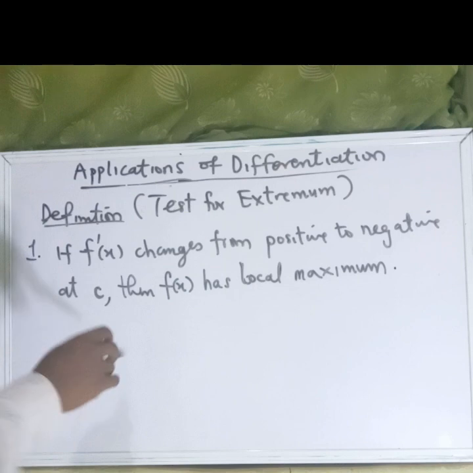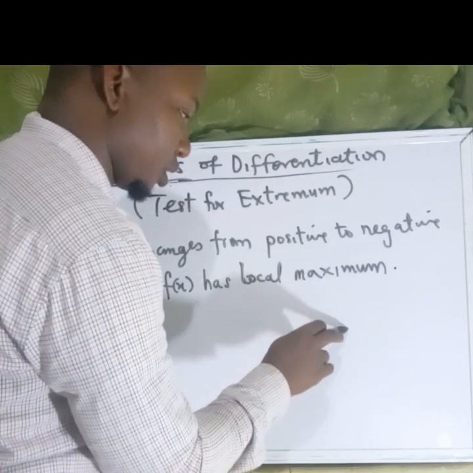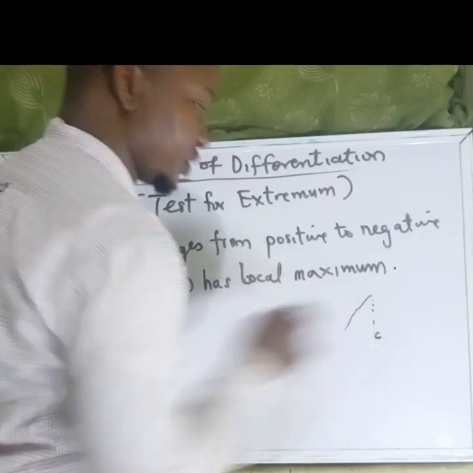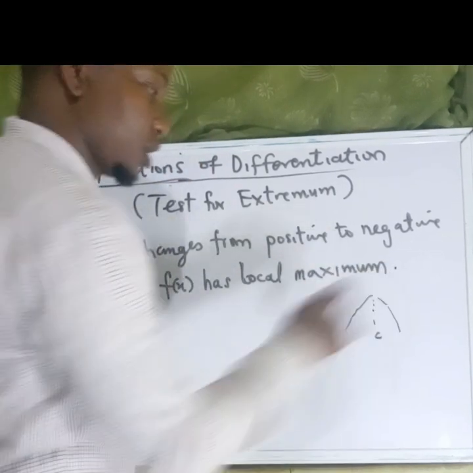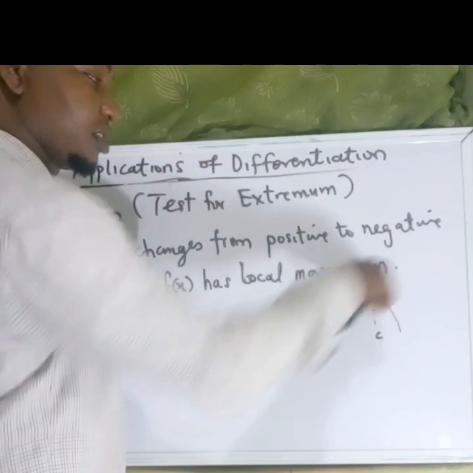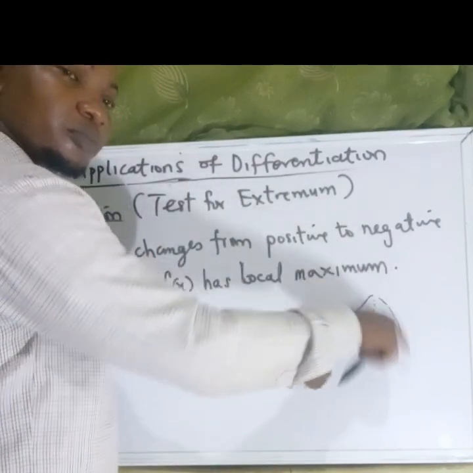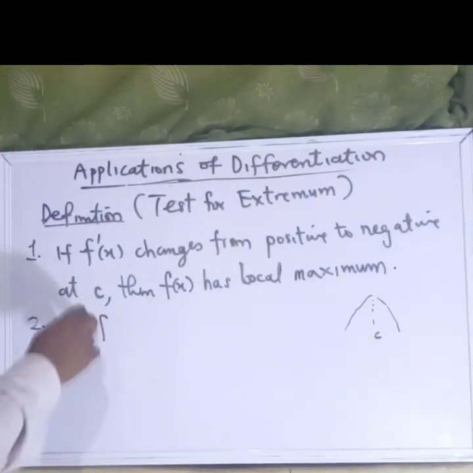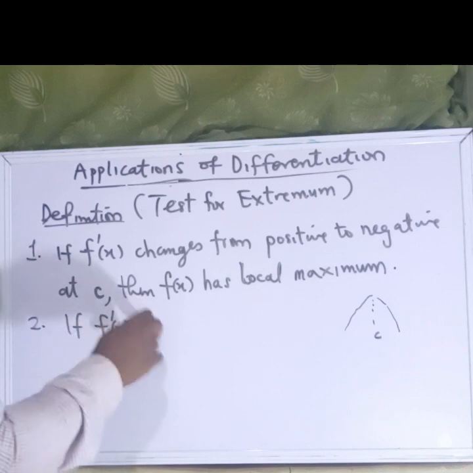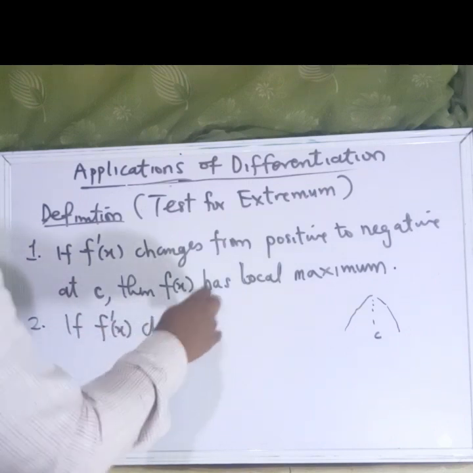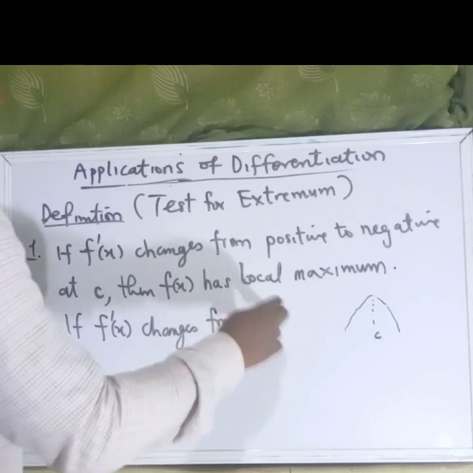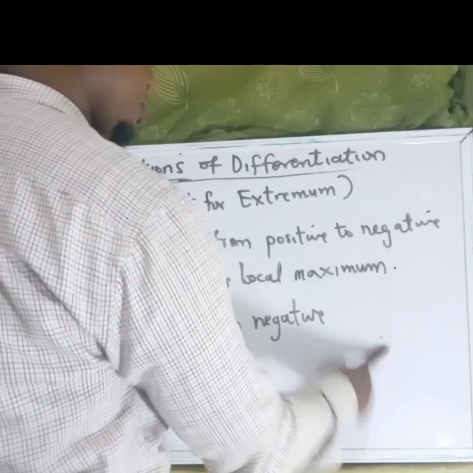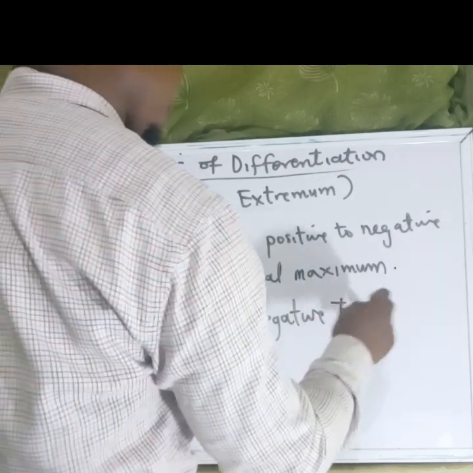Okay, as you can see, the function is going up, the slope of the function is going up. A little after the turning point c it is now coming down. Okay, it's positive, and a little after this it is coming down. Okay, that's maximum. Okay, so if f prime of x changes from negative to positive